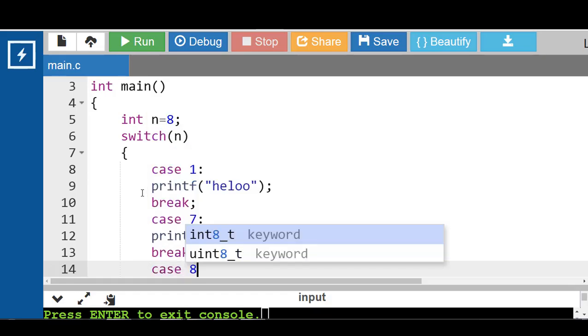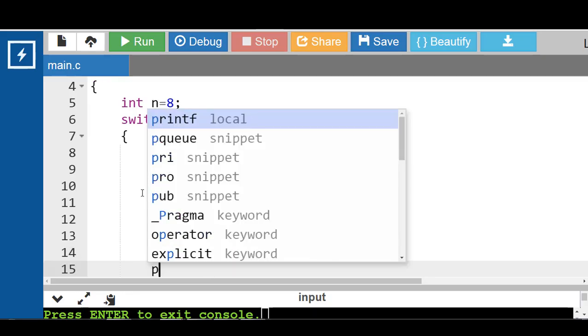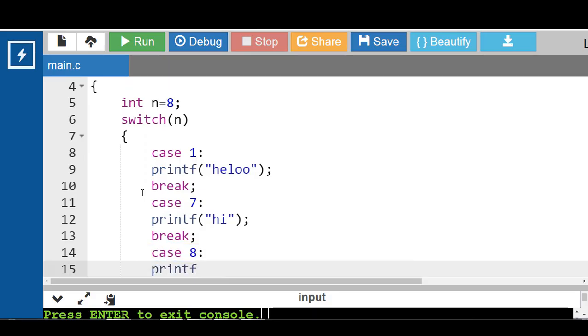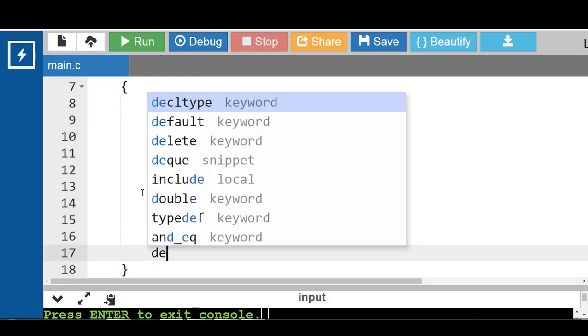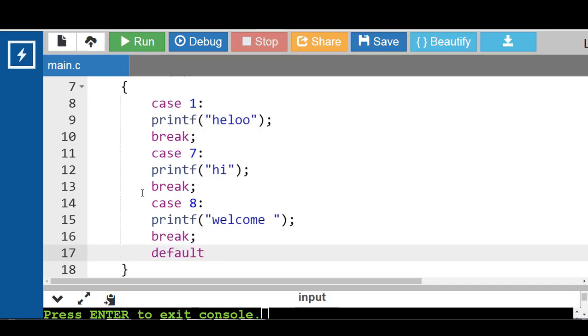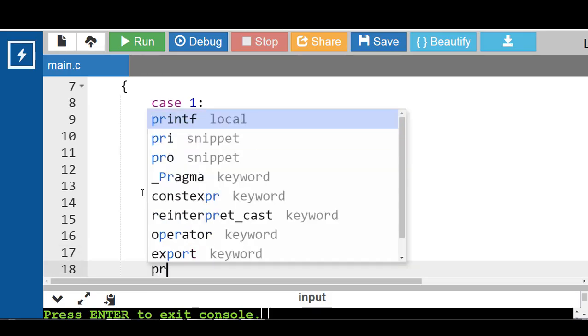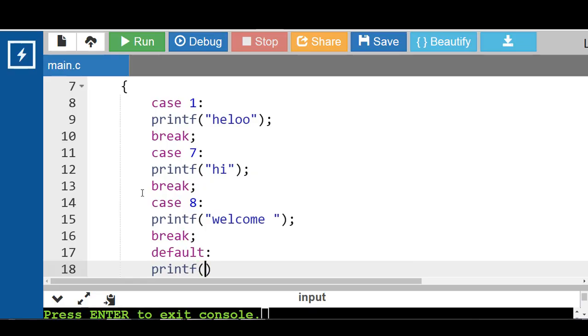Then define case 8, printf welcome, then break statement. And finally the default block, then printf